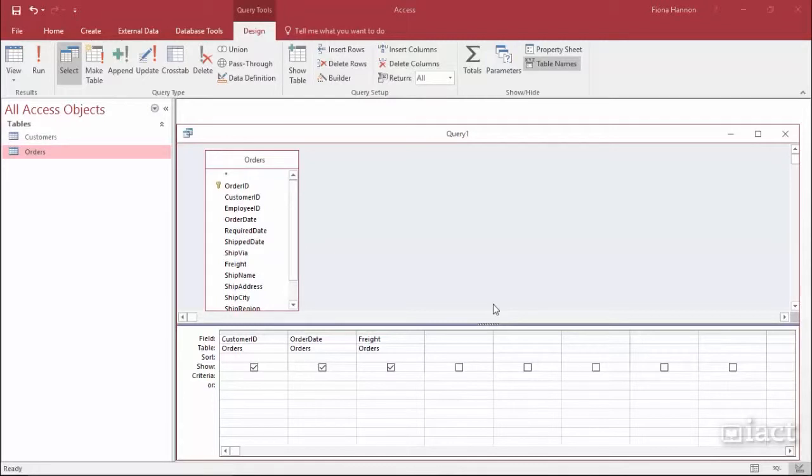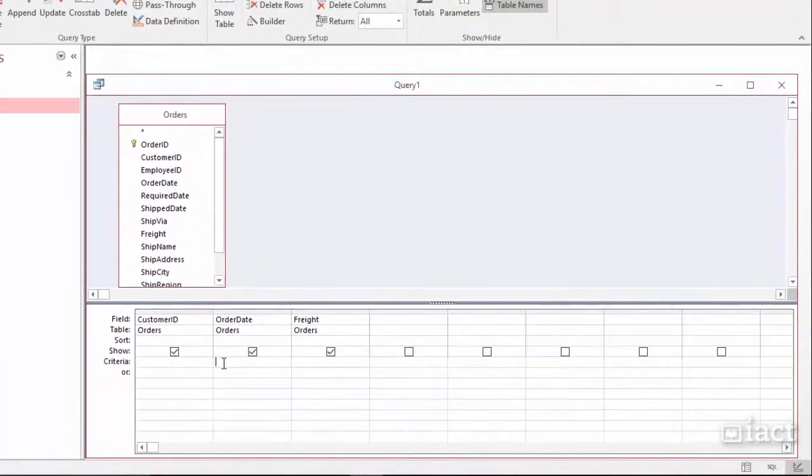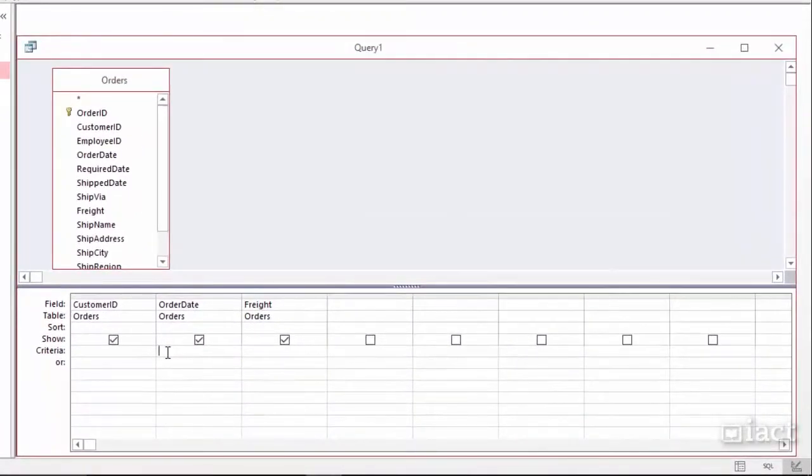We can also put multiple criteria into the one column. Let's say, for example, again, we look at an order date. Here we can put in that the date has to be greater than or equal to the 1st of the 1st, 2016. And then we can put in the word and, and type in a date that it needs to be less than. So we could say, and it has to be less than or equal to the 31st of the